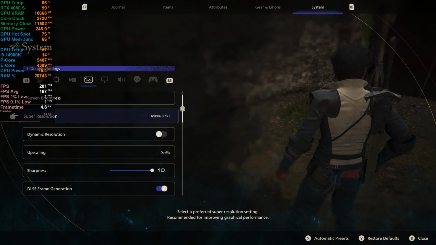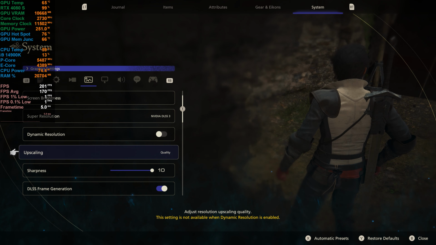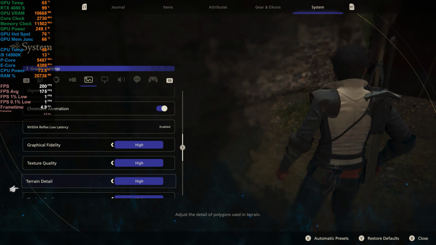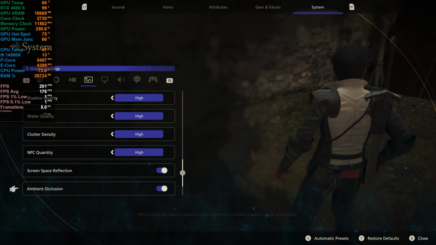I'm going to have a look with DLSS 3 on now, so I've got the upscaling set to quality and I've got frame generation on here. Graphics wise, I've still got everything maxed out. Now that's a big jump in FPS. We had about 50 in this